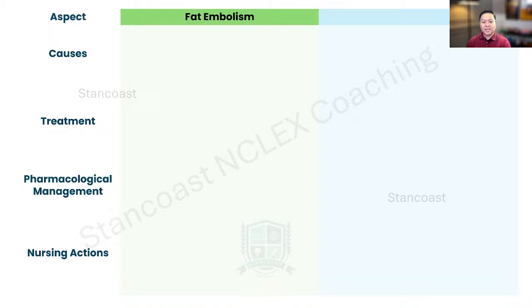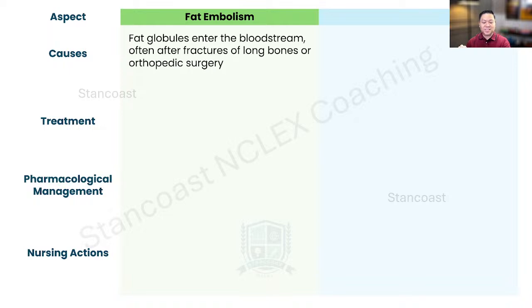Okay, so I'm going to include here some sections about the fat embolism and also the air embolism and the amniotic embolism. So this will be an extra in order that we can have some differentiation. And again, it was my intent to have it done separately because of the different approaches. So we'll tackle now the fat embolism, which is one of those types that can happen when there is an escape of fat globules. And this is going to be spread into the bloodstream, or it will lodge into the pulmonary vasculature